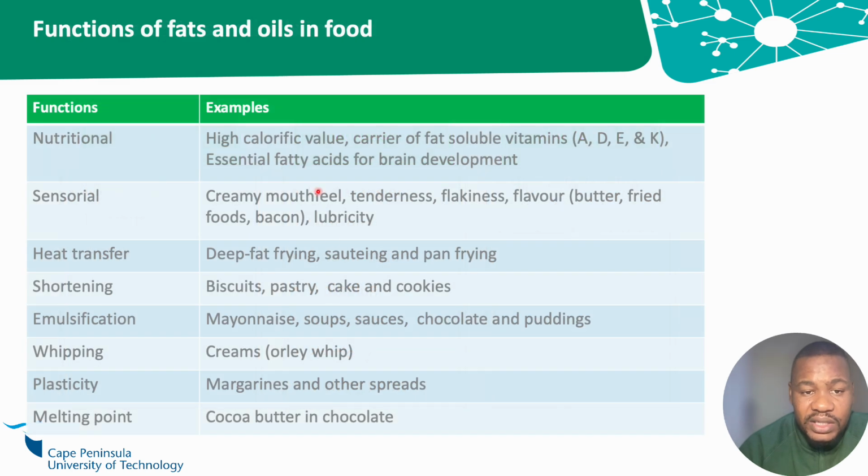In terms of functions, we can have nutritional, sensorial, heat transfer, shortening, emulsification, whipping, and plasticity. Those you can read from the table here. Melting points, like in cocoa butter. So let's look at